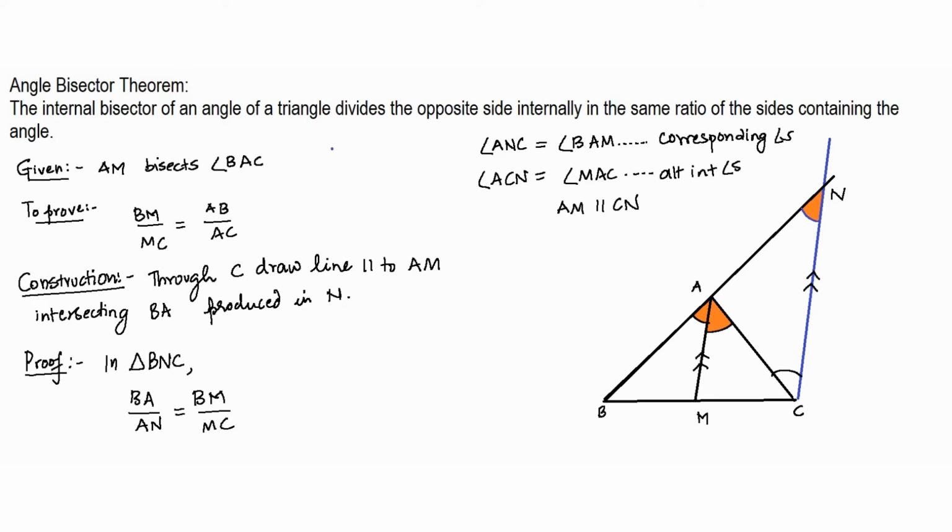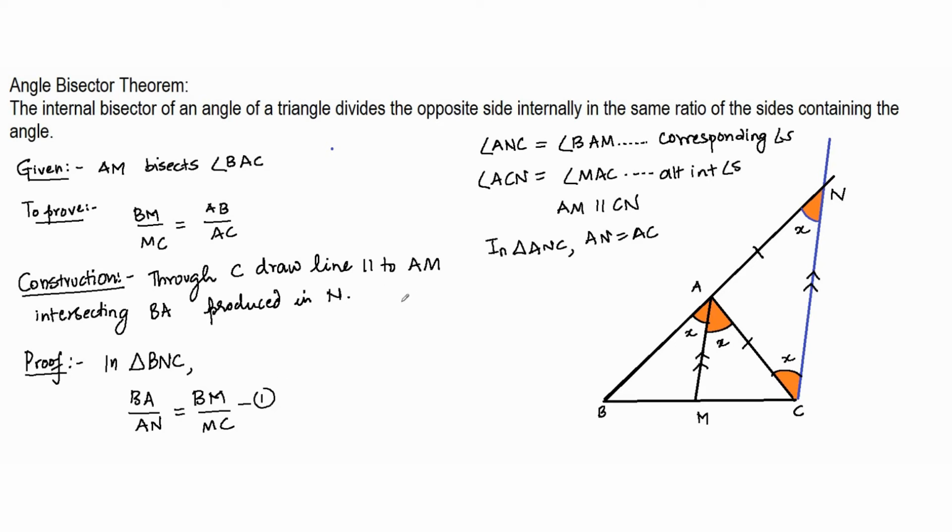So now if you notice this particular triangle, that is triangle ANC. So I can say that in triangle ANC, AN is equal to AC because this is now an isosceles triangle. The base angles are equal, right? All of them are equal to the angle X. So let me mark this as X. So all these are equal to angle X, and therefore I can replace AN with AC.